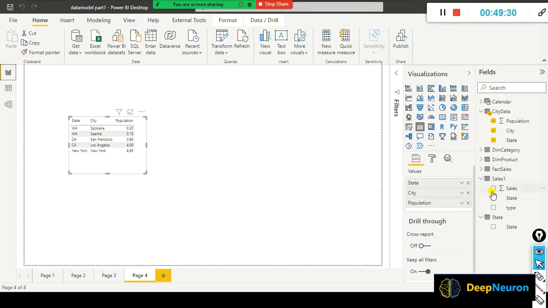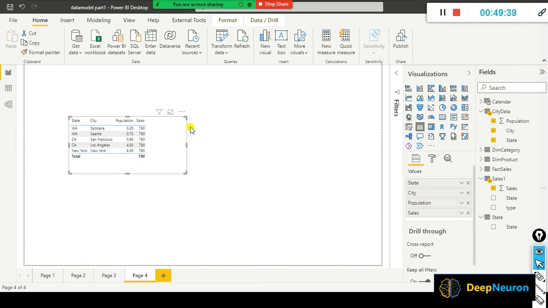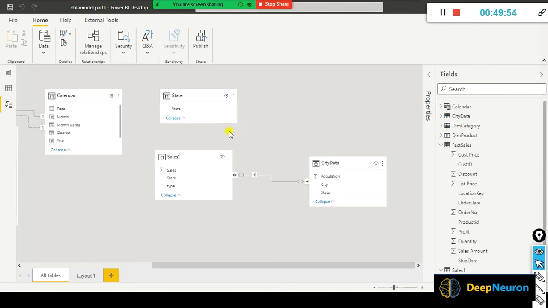I'm going to select sales here, in this visual. See, it is not doing the filtering, right? It is not doing the filtering correctly. It is repeating the same value. It adds all the sales values and then repeats this total sales value for each and every record, right? It is not doing the filtering correctly. So when I select the cross filter both,